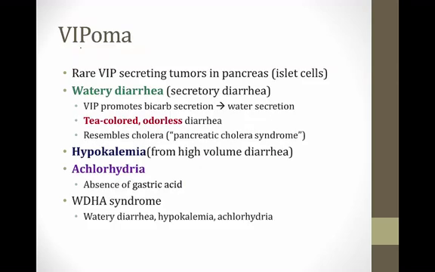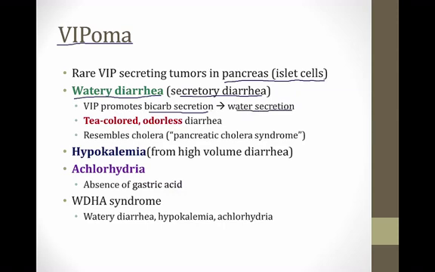The most important thing to know about VIP as a medical student is what happens to patients who develop very rare tumors called VIPomas that secrete the VIP hormone. These are rare tumors of the islet cells in the pancreas, and patients develop a characteristic syndrome that is based on the effects of very high levels of the VIP hormone. So first of all, they develop a watery diarrhea. This is a secretory diarrhea, and this occurs because VIP promotes bicarb secretion from the pancreas, and the bicarb draws